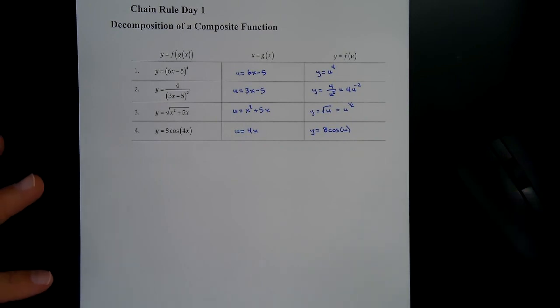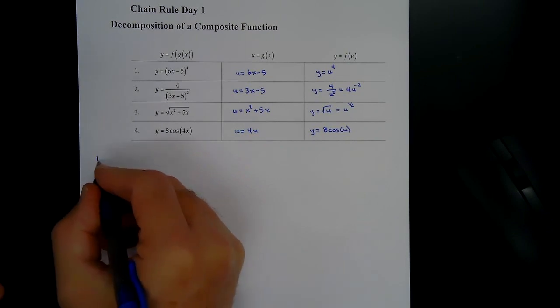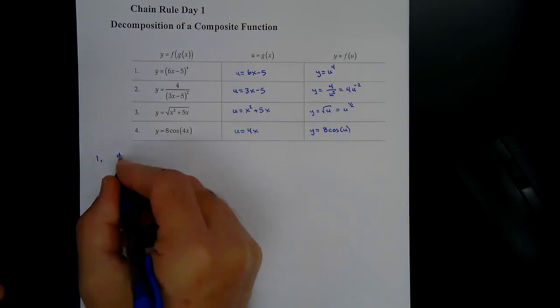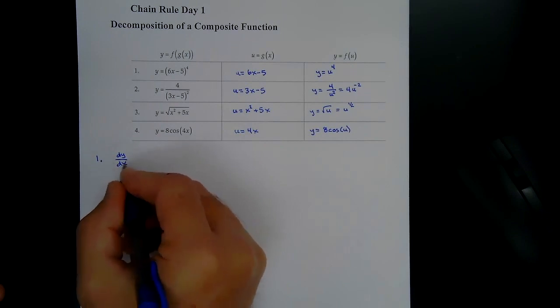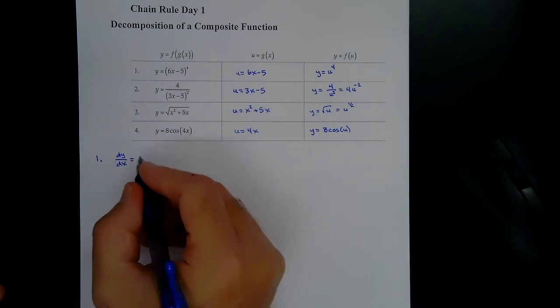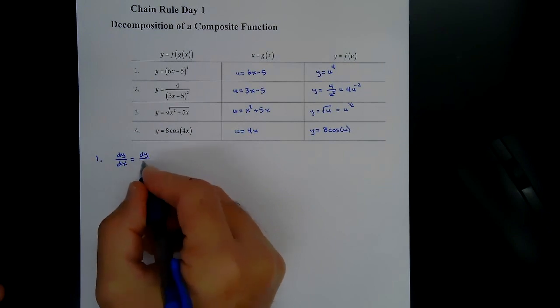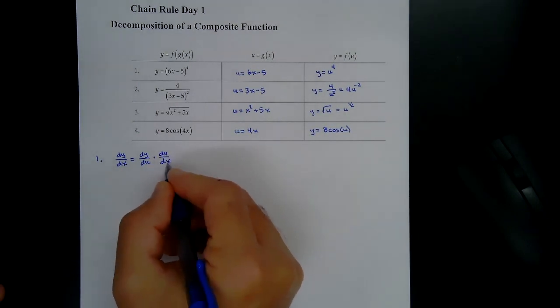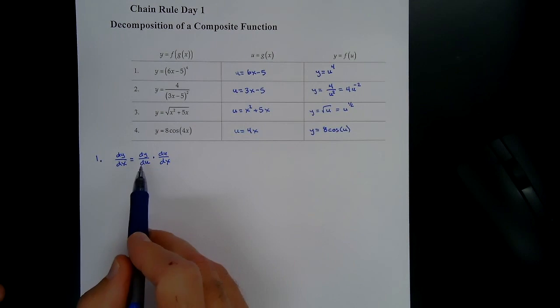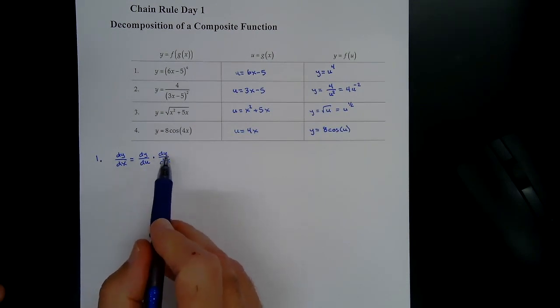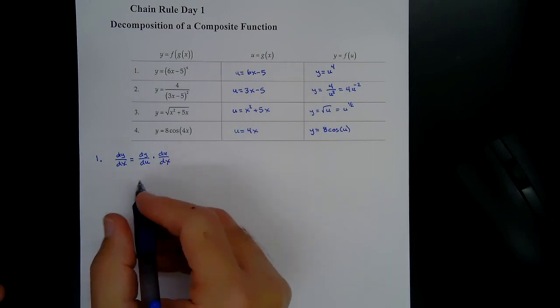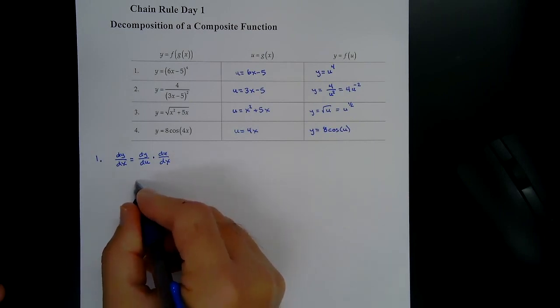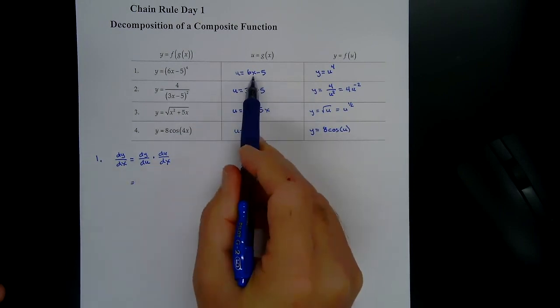So now for each of these 4 problems that we broke apart, we're actually going to find the derivative. So for number 1, dy over dx is equal to, and we can rewrite this as dy over du times du over dx. So this is the derivative of y with respect to u, and this is the derivative of u with respect to x. So for problem number 1, this is going to become the dy du. Well, that's just